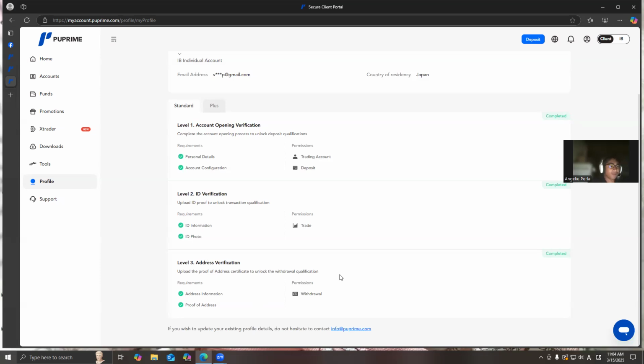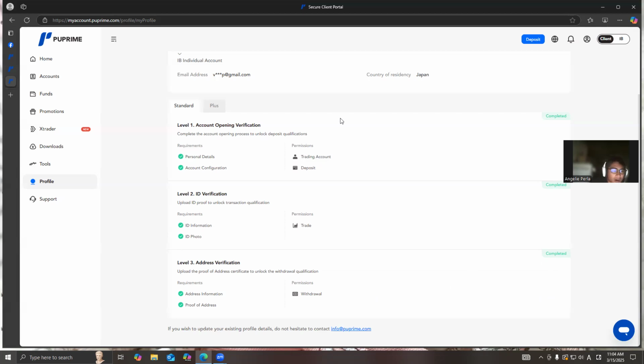If you have no water bill or electricity bill under your name, because it is under your husband's or your wife's name, you can use your Juminhyo for your address. You can get it at the convenience store or the 7-Eleven. Take a picture of it and submit it right here in level 3.